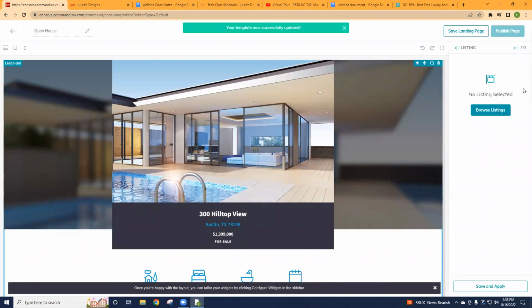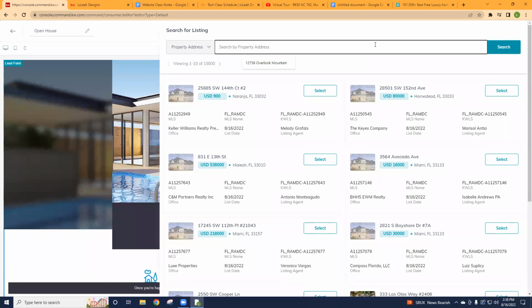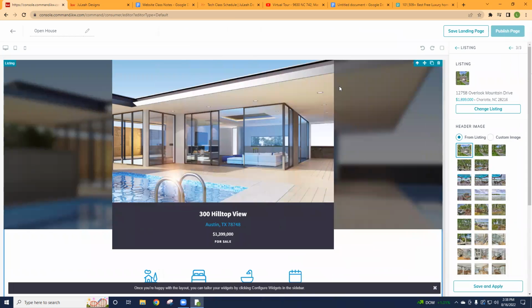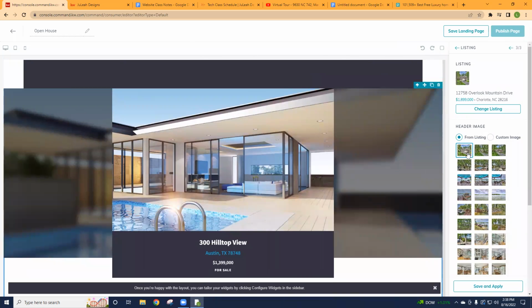Which is going to be our listing widget. So here we can click browse listing to find that open house listing that we're doing. Click select once you find your listing. You'll be able to choose this big image that displays. So the header image, you can choose that from the listing. These are all the listing photos from the MLS. So I'll just choose the first one here. And when I click save and apply,